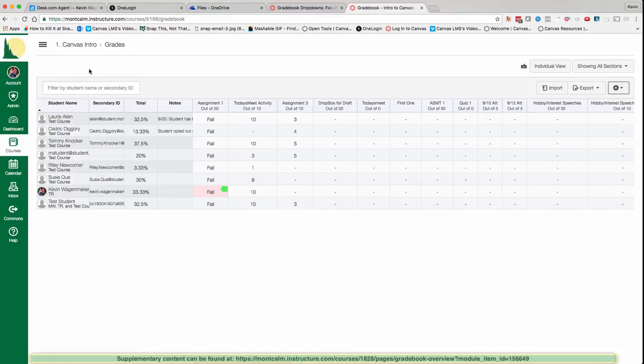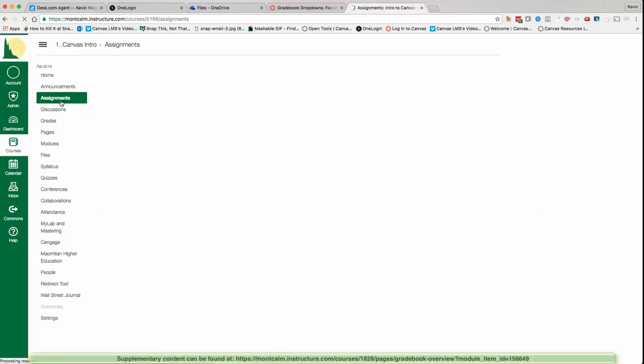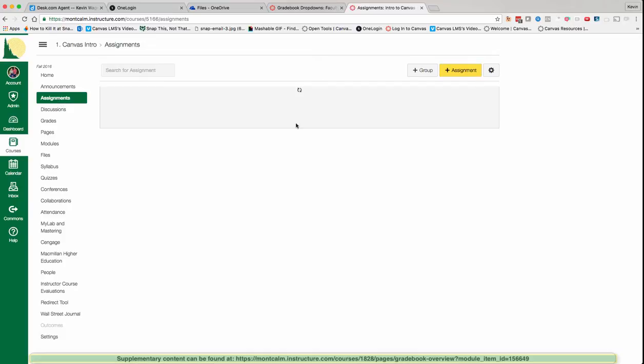Okay, and so I'm just going to walk back there quick just to show you where that's at. One thing about the gradebook is when it opens in kind of a full screen mode, your course navigation goes away. All you need to do is click on these lines right here, and it will bring back your course navigation. To set up your assignment groups, all you need to do is go to assignments,